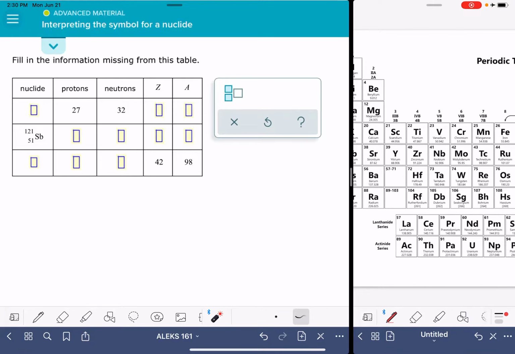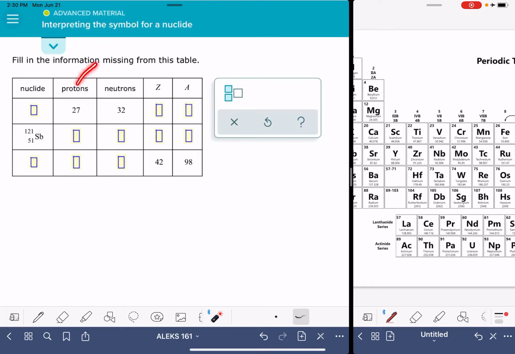In this video, I'll show you how to solve the ALEKS problem called Interpreting the Symbol for a Nuclide. In this problem, you'll be given a data table. This data table contains 3 rows. Each row pertains to a different nuclide, which is just a fancy way to say that it's an atom. And there's going to be some information in this table to start with, and you have to fill in the